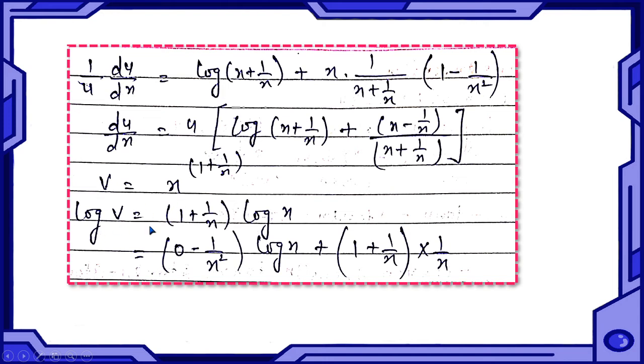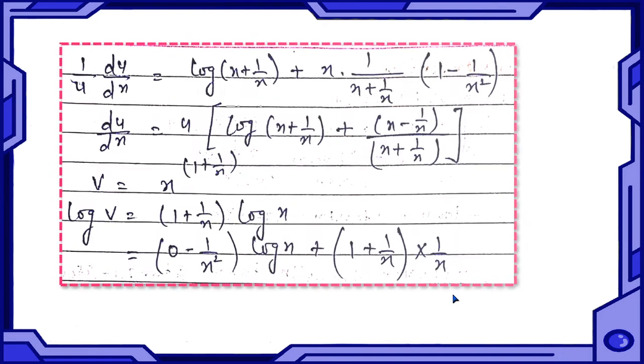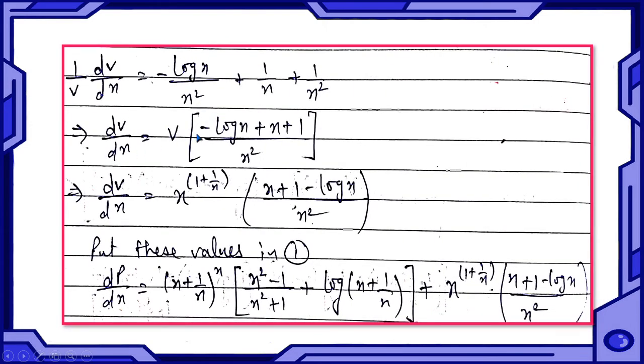Now let's talk about v. v was this, again taking log to both sides, this will come here, 1 plus 1 upon x, log x. Then again product rule, derivative of first, derivative of 1 is 0, 1 upon x is minus 1 upon x square, second term as it is, plus first as it is, derivative of second. Simplify, take v to that side and then put the value of v back. Now putting these values in equation 1. So dp by dx is equal to du by dx, this thing, plus dv by dx, this thing.